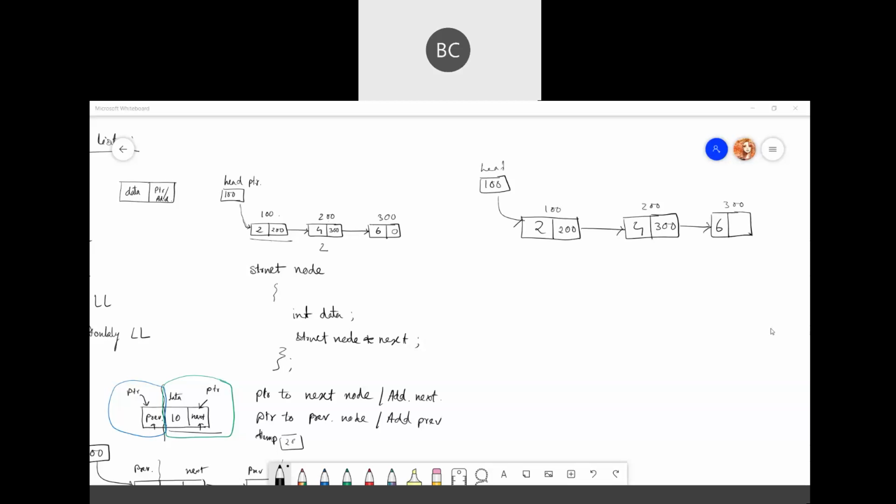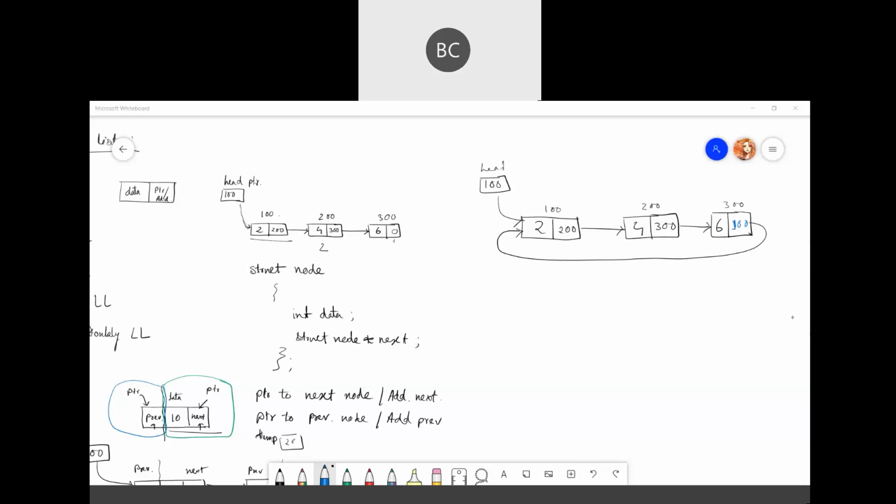Okay, so it's the same concept. The last node will point back to the first node. That means the last node will not hold the null value. The last node will hold the address of the first node, which will be 100 here. Got the difference?